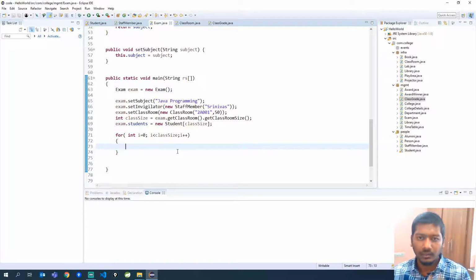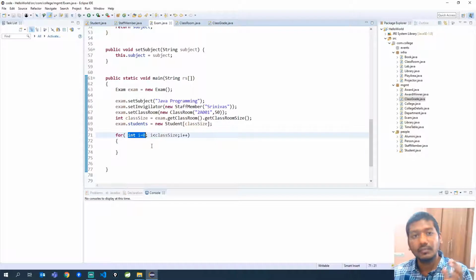This is a for looping structure, and this particular thing has 4 parts. The first part is initializing. So if I want to iterate through an array, I basically have to access each student only by the index that we have seen in the session for arrays. Now if I want to loop an array with class size of 50, I want to start with 0.